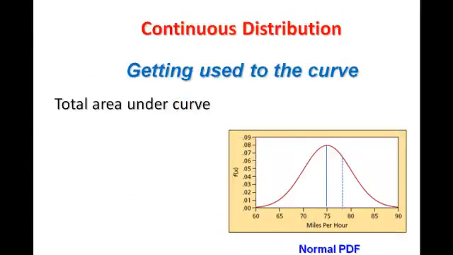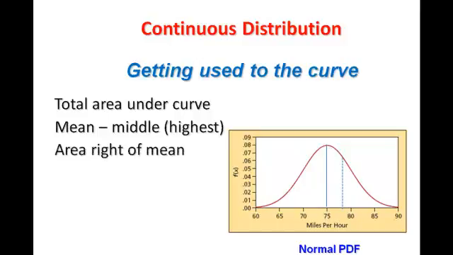So you need to get used to this curve. Remember that first of all, the total area under the curve, all of this area, is equal to 1. The middle is the highest value. That's our mean or our average, highest meaning the highest point of the curve. The area to the right of the mean. I'm not real good with right and left, but this is the area to the right of the mean. If this whole area has a value of 1, then this area to the right of the mean has to have a value of